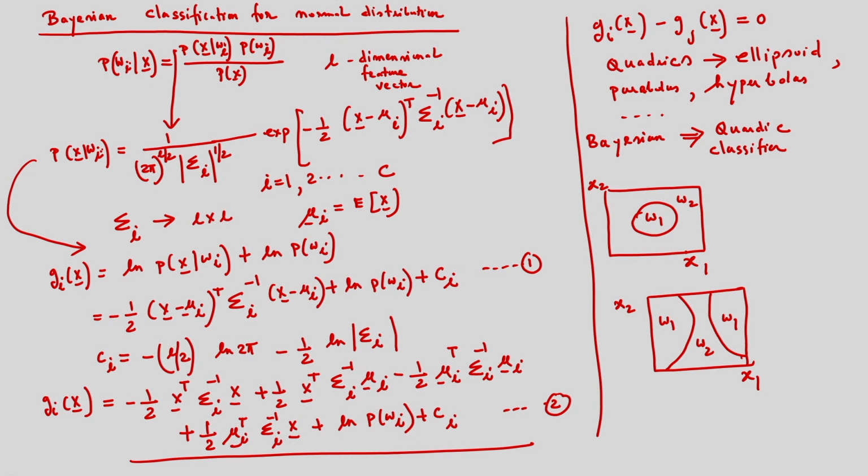So if I consider the high dimensional case, then I will be getting hyper ellipsoids, hyperparabolas like this. Now what about the decision hyperplanes? If I consider equation number 2, in equation number 2 you will be having this term x transpose sigma to the power minus 1 x. It is the same for all the discriminant functions. So that means it has no role in classification, and I can neglect this one.